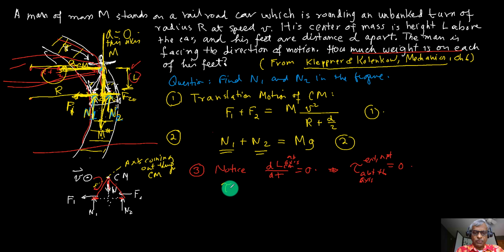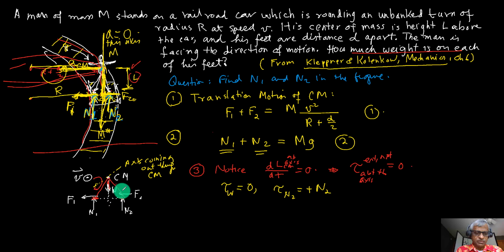So tau of the weight will be 0. How about the tau of N1? N1 is going this way and N2 is going that way. So N2 is counterclockwise and N1 is clockwise. So let's take counterclockwise as positive and clockwise as negative. So tau of N2 is plus